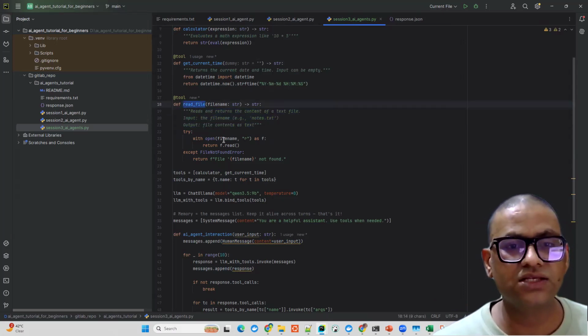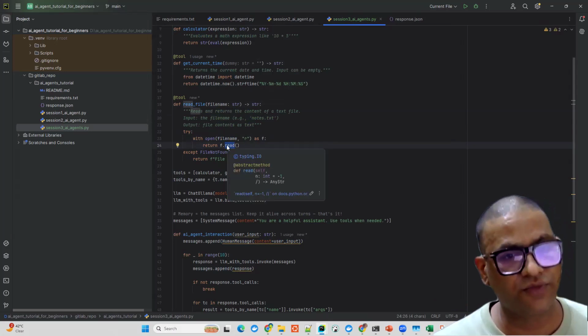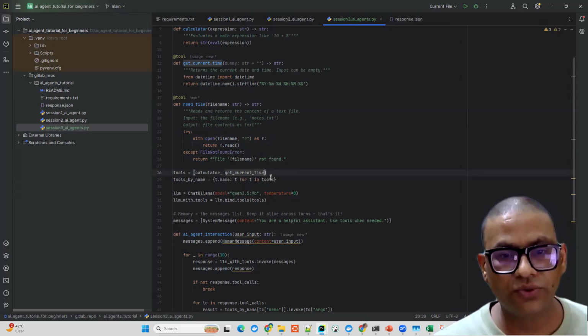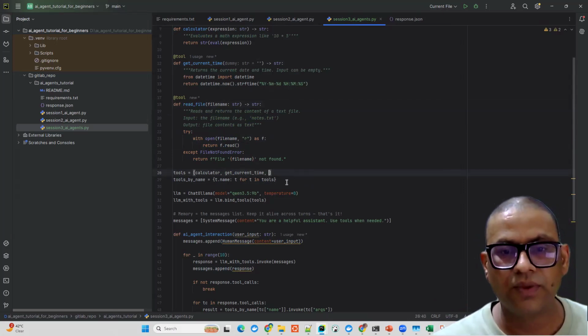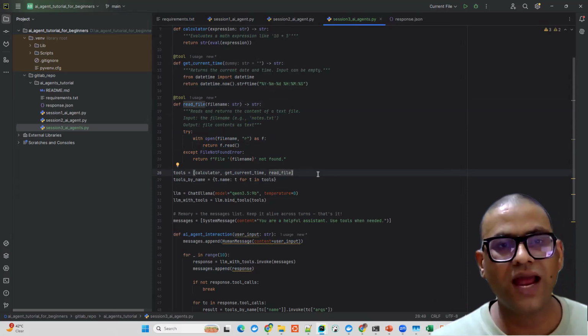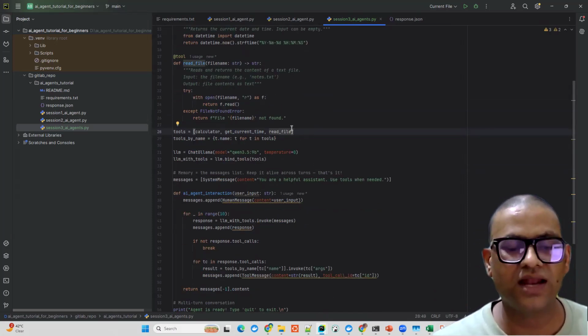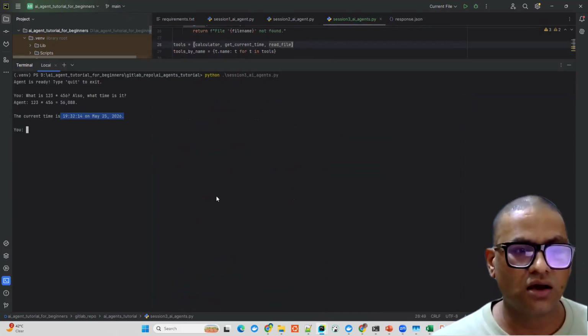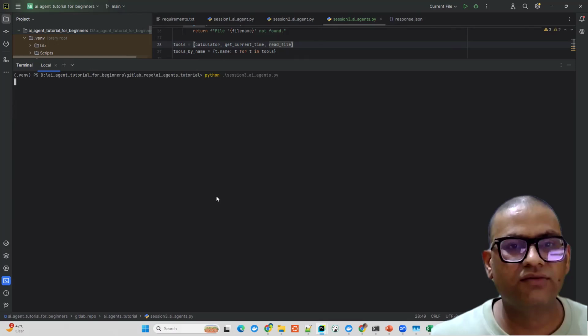So what we are doing here is we are simply opening a file and just reading that file, right? And returning the content of that file, right? So here what we need to do is we have to just pass this thing. That's it. So if you want to add a new tool, all you have to do is just add a new method and add that tool. Okay. So now if I just cancel that, clear it, and run it again,